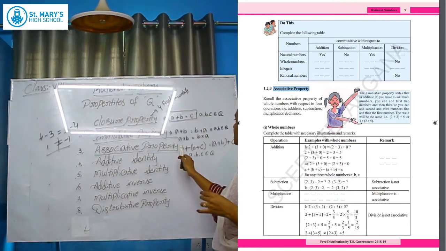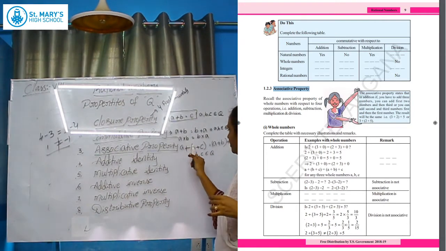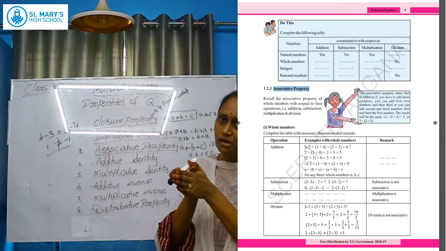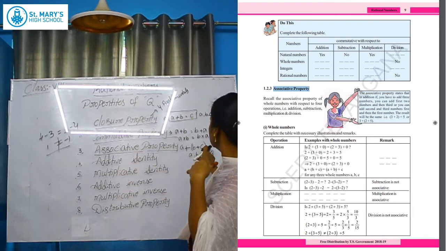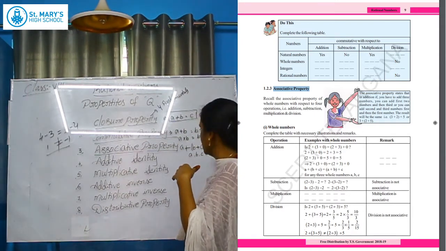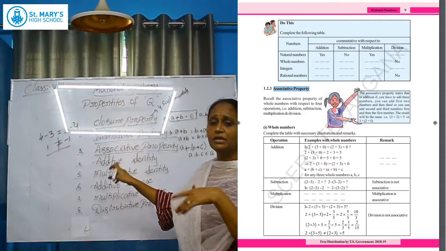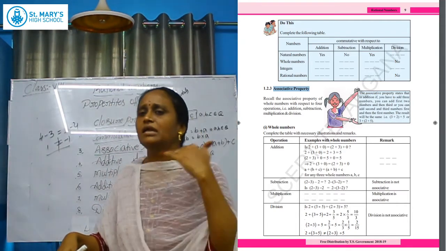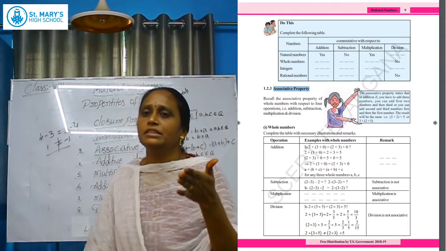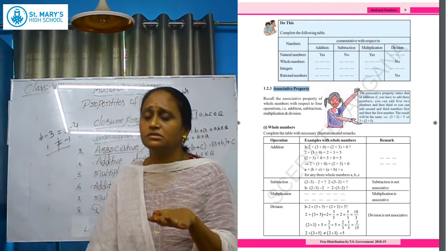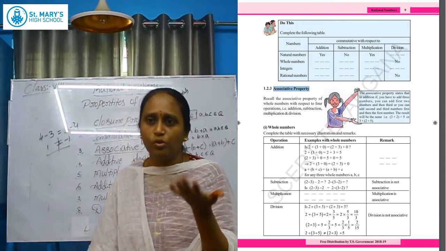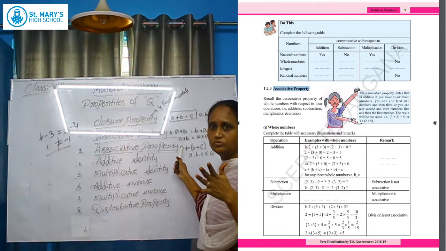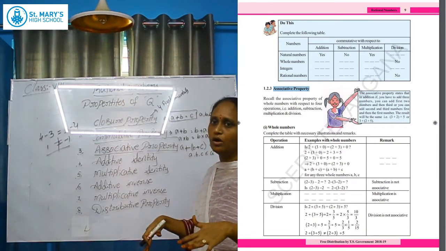See here how we read it: a plus b plus c, with b plus c in brackets, and a plus b plus c. This is the associative property. In the associative property, in any grouping we can do the addition, and the result is not changed; we get the same result. Here we have three numbers and brackets.